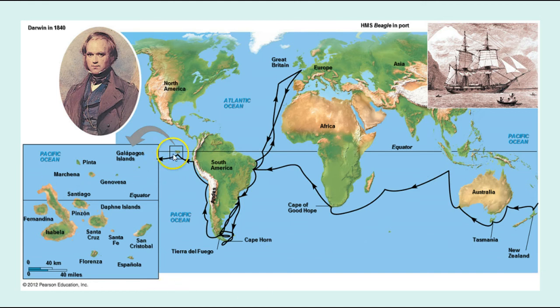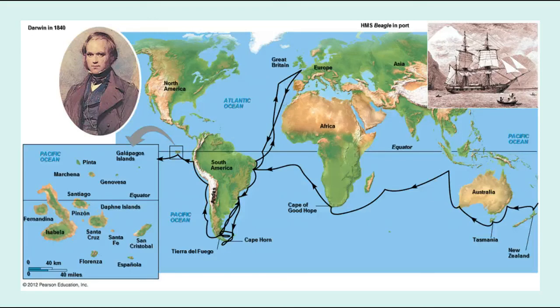When they got to the Galapagos Islands off the coast of Ecuador, he saw differences in the same kinds of organisms on each island, slightly different from each other. Through his observation over time, he began to realize that the organisms here were descended from ones that had come from the coast of South America and gradually made their way across. They had slightly different adaptations because they lived in different kinds of environments. When he returned from his journey, he began to write down his observations and came up with what we now call the theory of natural selection.